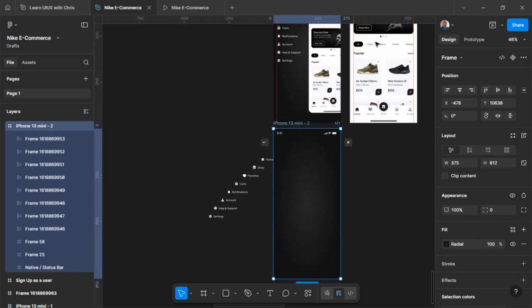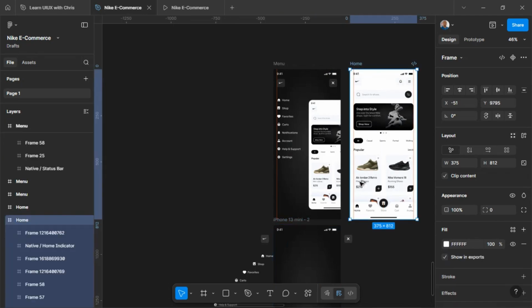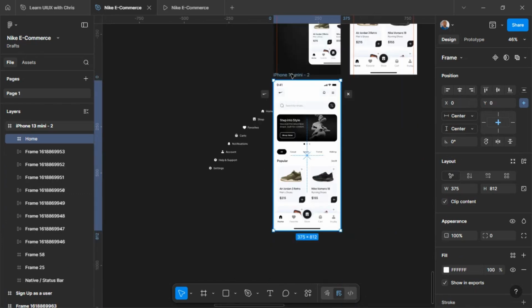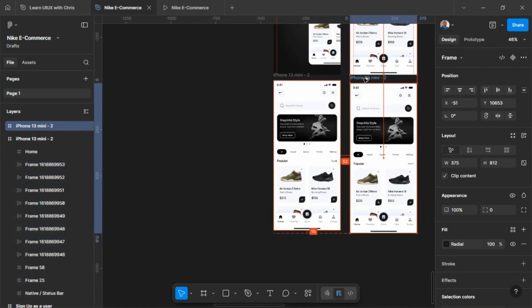So we need our home screen, right? Let's just drag this, make sure it's on top, and place it right. And also we could now turn on the clip content so those contents disappear. Then when we duplicate this now,